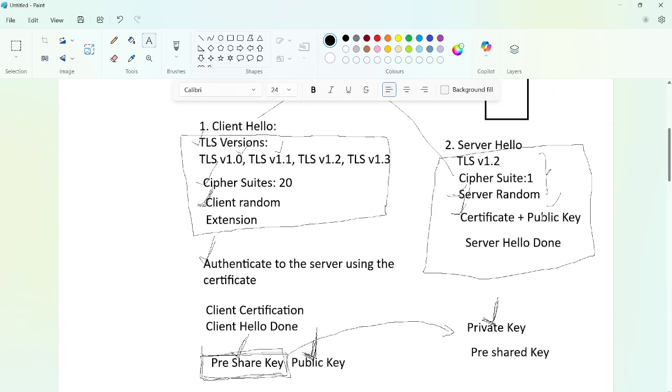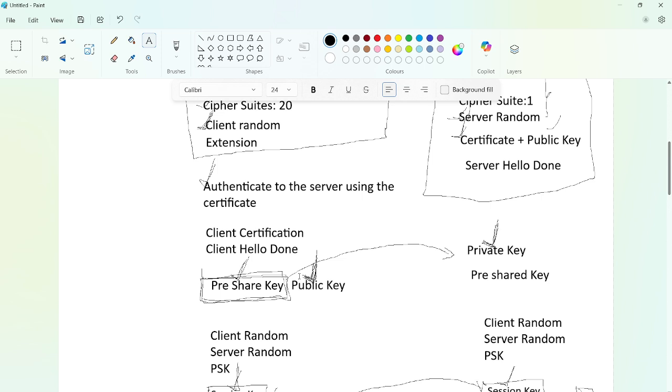We have seen the public key here in the server role, right? Using the same public key, the client is going to encrypt that pre-shared key. Now, after the client sends the pre-shared key, both will have the same pre-shared key.